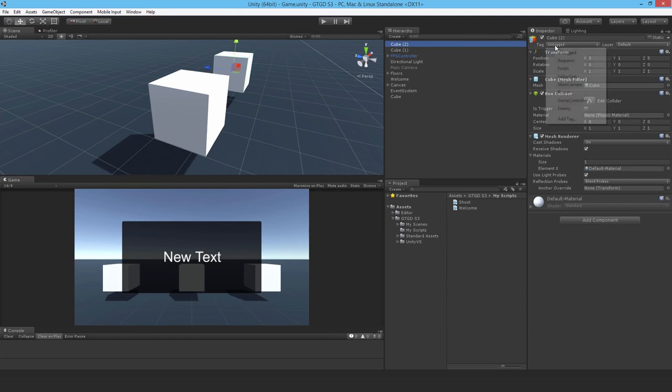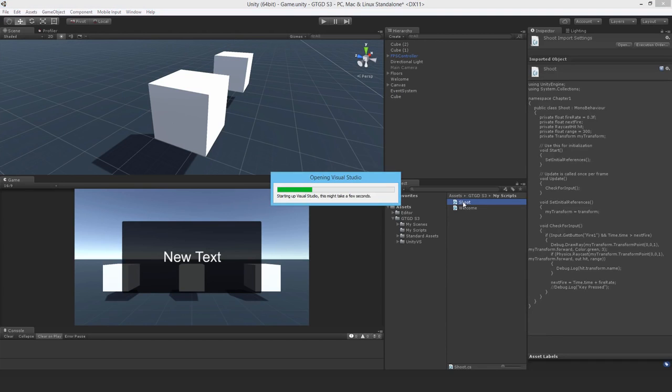Now I need to assign it. Those ones that you see here, these are defaults that come with Unity. This is the one I've just added, enemy. So to quickly assign it, I can just Control select all of the cubes and then just click enemy there. Alright, that's done. Now I'll go to the shoot script, and instead of having the debug log statement that I